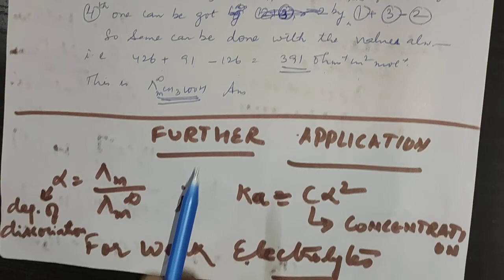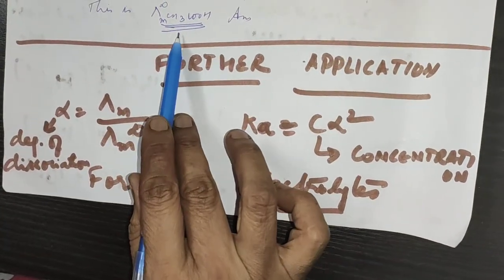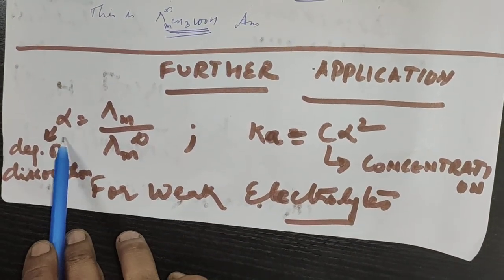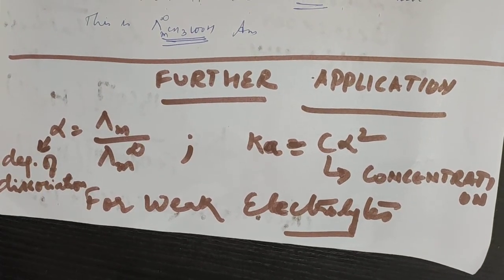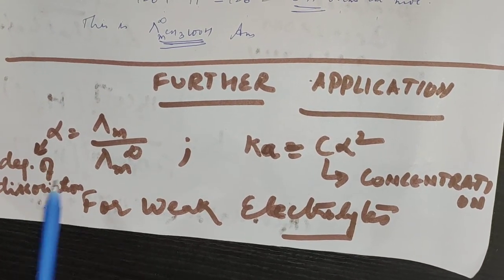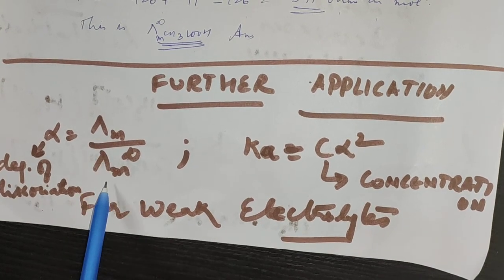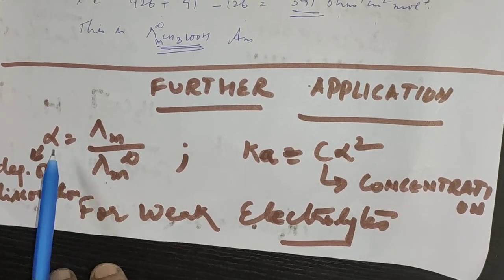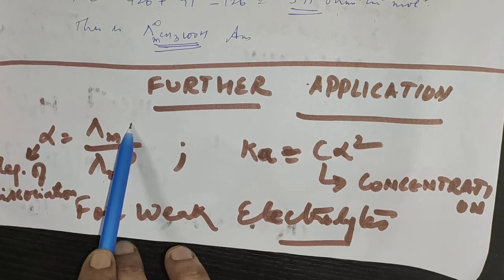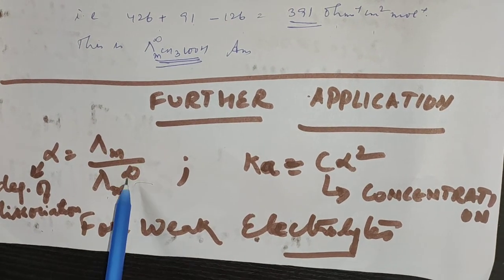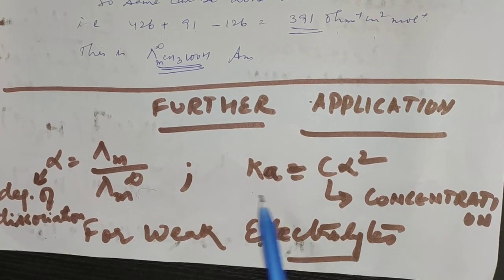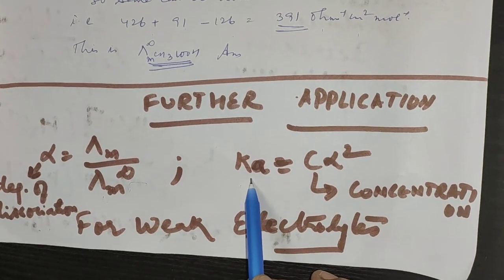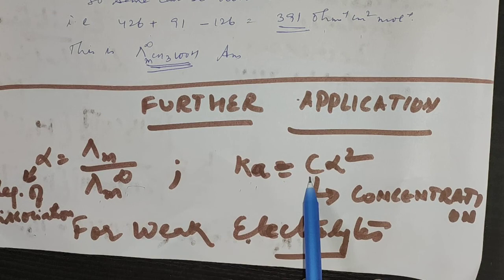And the other thing is, I can proceed, because weak electrolytes have something called alpha. Alpha is the degree of dissociation. If they are not dissociating 100%, to what extent they are dissociating I can find out, because lambda m by lambda m infinity, this ratio is my degree. At a particular concentration and at infinite dilution, if I have both values, the ratio will give me alpha. And once I know alpha, I can find the dissociation constant for the electrolyte, Ka. This is C alpha square.